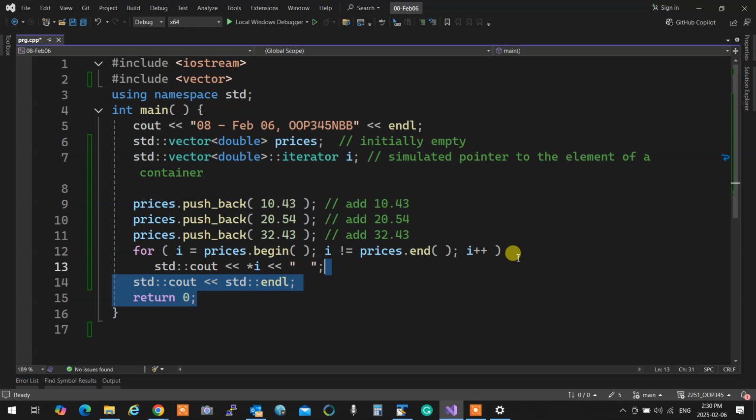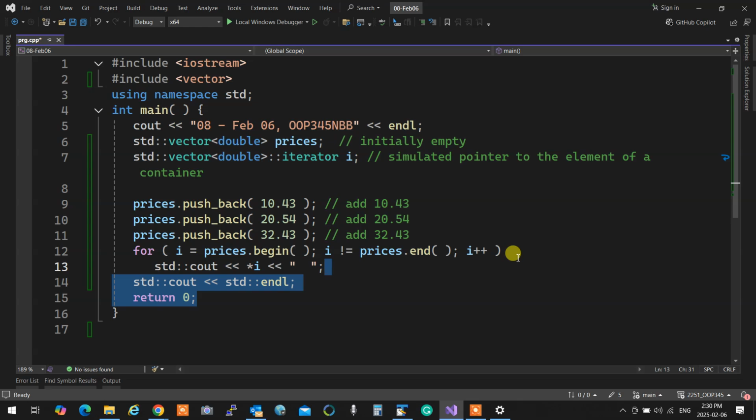Now, how does it work? They try to make it look like pointers, so things like plus plus actually work with it. But what you can do over here is something like this. Take a look at the for loop over there. So I pushed back a few things into the prices. You see that? Now in the for loop at line 12, I'm saying i is equal to prices begin.